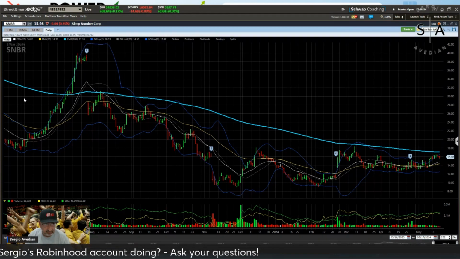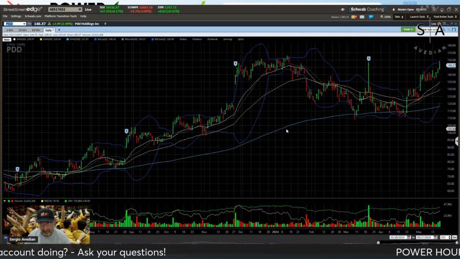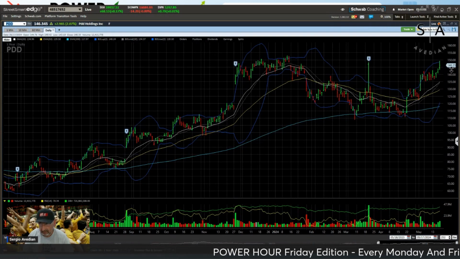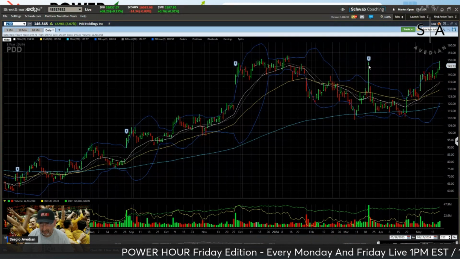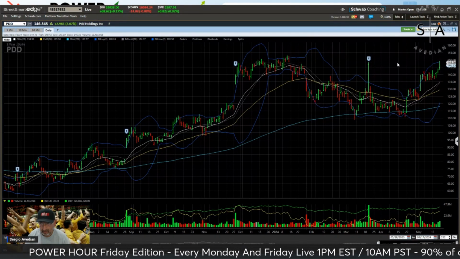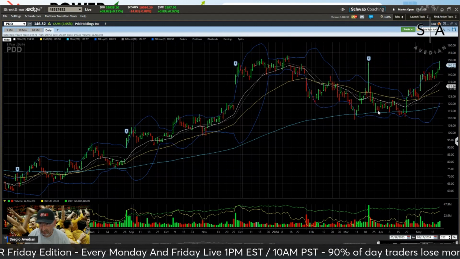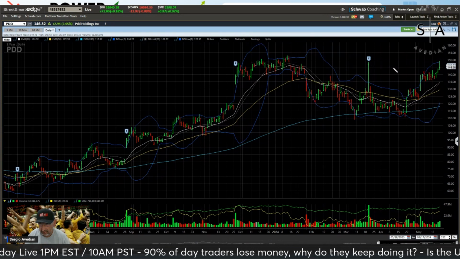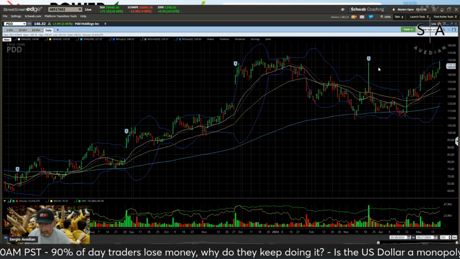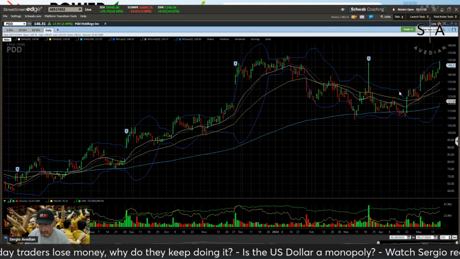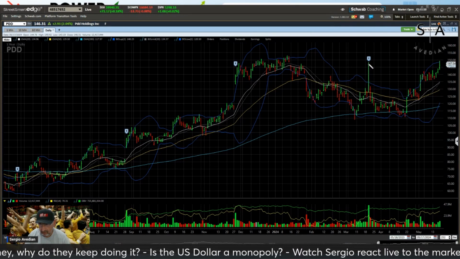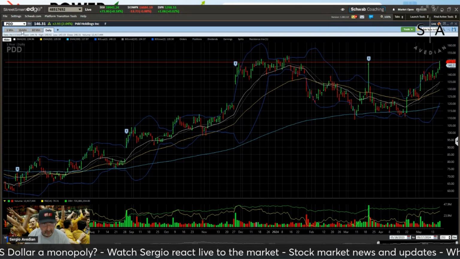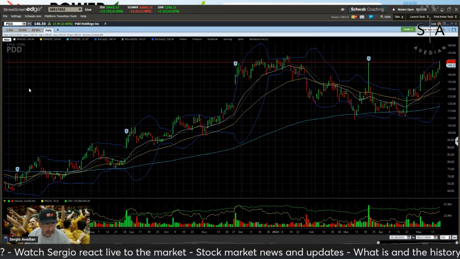I added, and then Pinduoduo, we talked about this, up another couple of points. There was a bull flag here I drew. There was another bull flag here that it broke out of. Now it's going into resistance. Let me draw the resistance line for you guys, and if I owned it, I own a small position of it, I will take a profit at this high, which is above it now. Right here, draw resistance. Well, it has to clear this one out, or trying anyway. So right here, if you're going to take profits, you need to take profits.